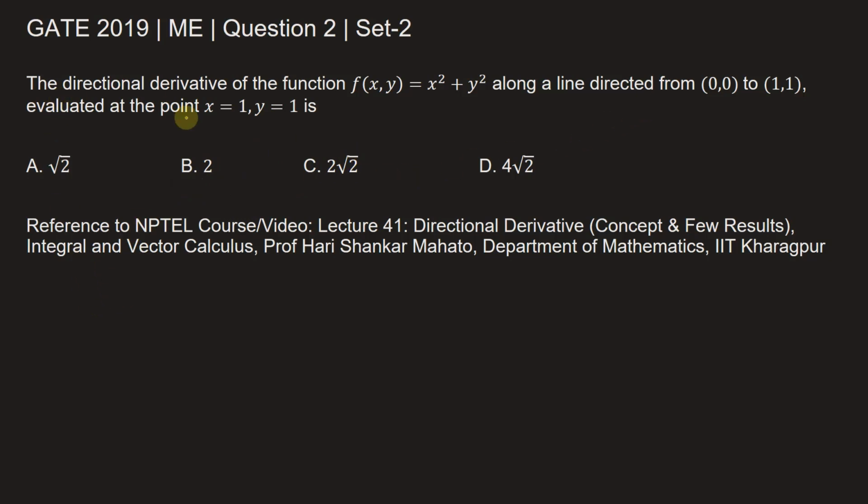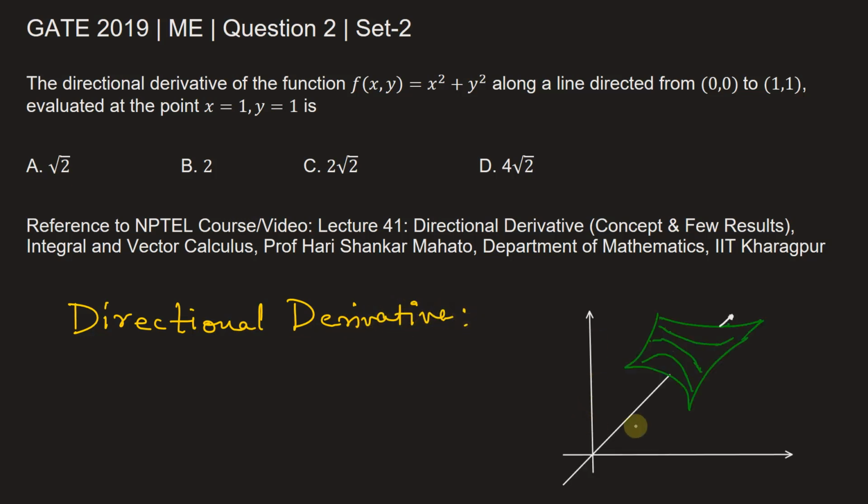Now before proceeding further, let's understand what a directional derivative is. Let this axis represent the rectangular coordinate system x, y, z. Now suppose this green surface here is given by z equal to f of x comma y. That means z is a function of x comma y. And suppose you are given a vector something like this here. Now suppose you are standing somewhere here at point P.